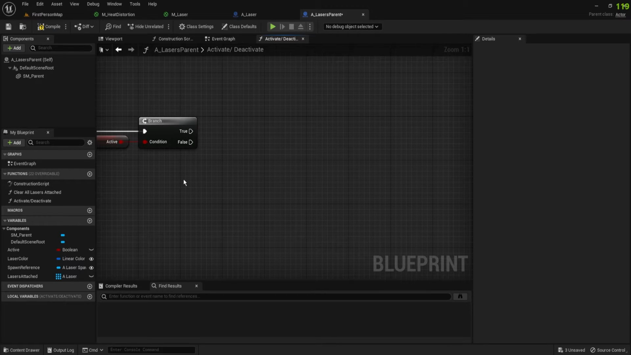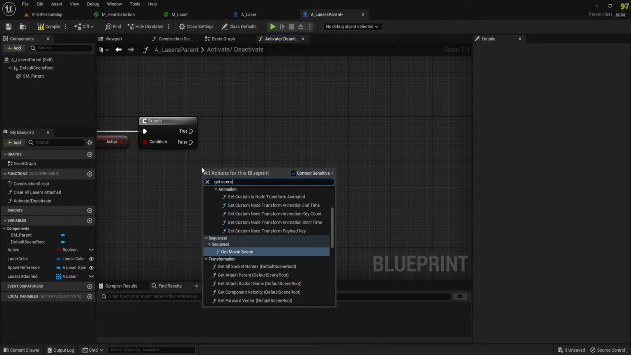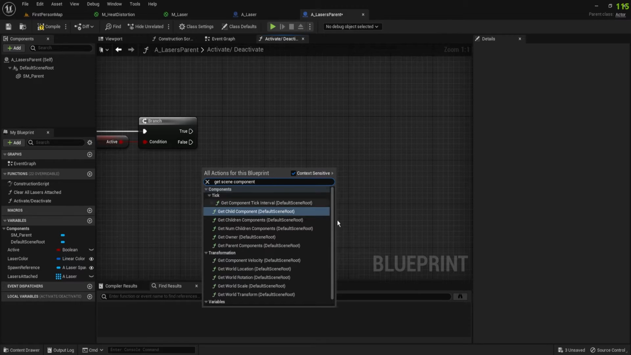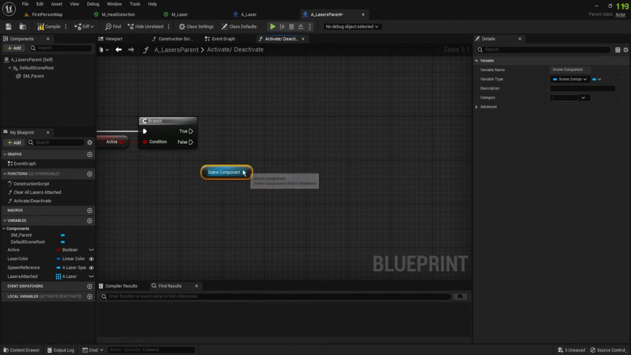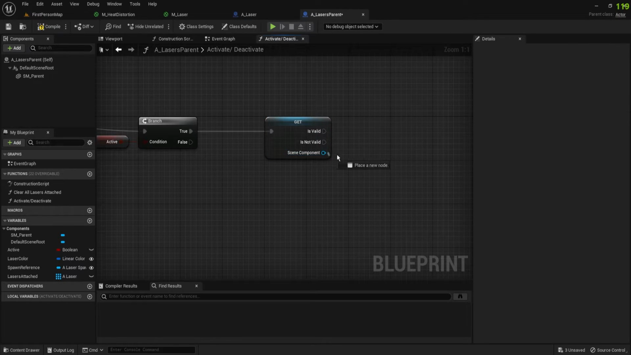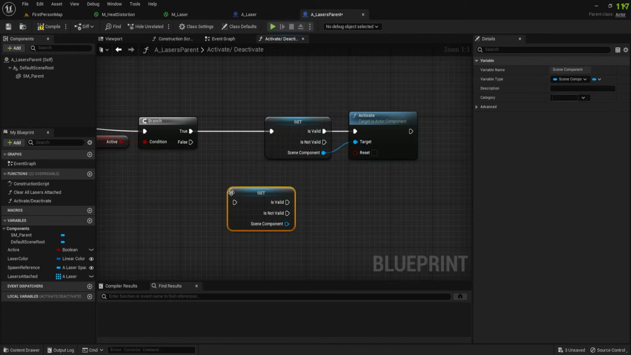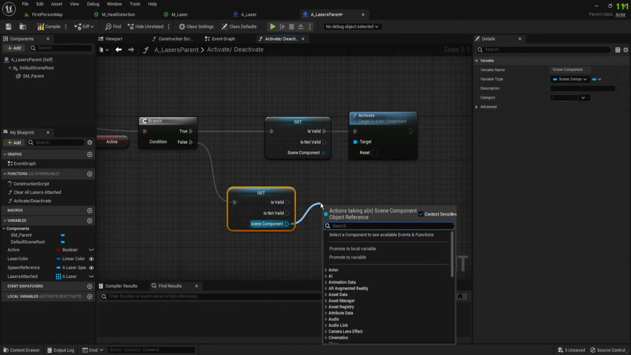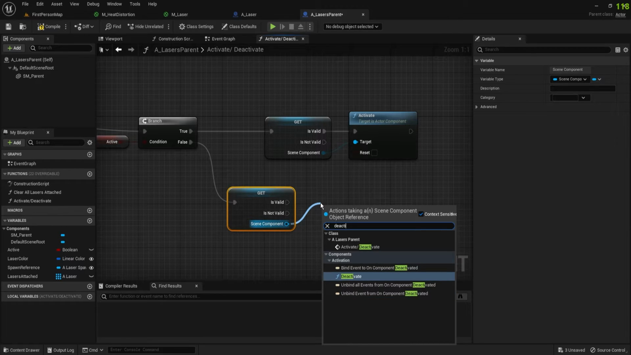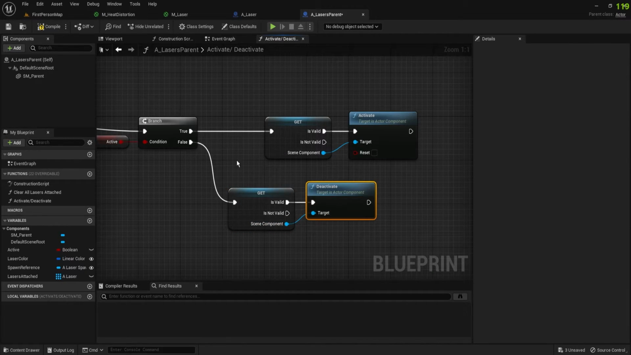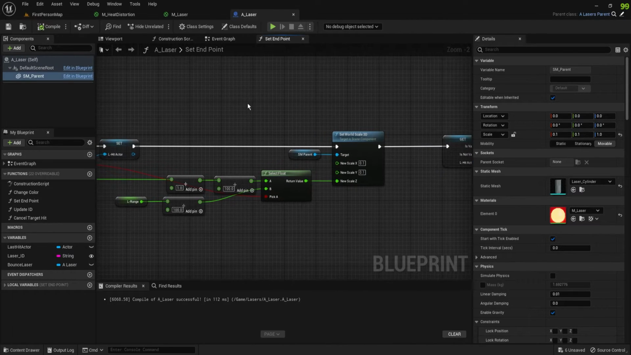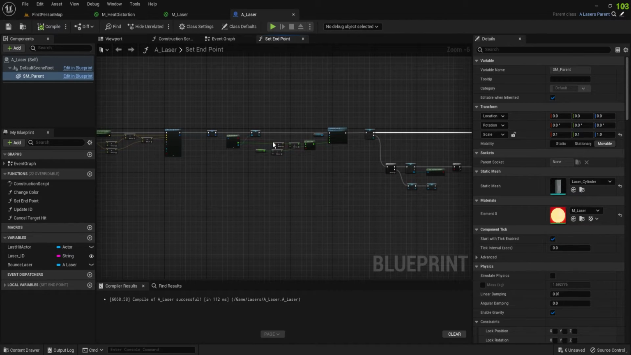So now from the true and the false, we're going to want to get our scene component parameter and check that it's valid. We'll do that by right-clicking on our scene component and selecting convert to validated get. We want to activate our component. We'll then do the same on the false, but instead of activate, we want to deactivate. With that, we're done with the laser parent and we want to go back to our A laser, and more